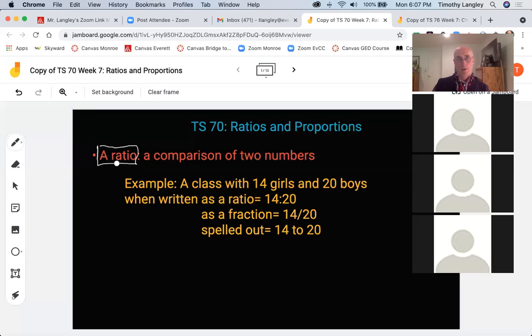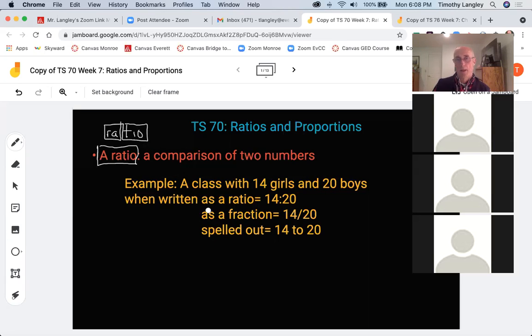You'll notice that it has two syllables in it. It has ray and then show. Those are called syllables because the word is divided into two sounds. And basically it's a comparison of two numbers. Okay, ratio has two syllables to it, and likewise it's a comparison of two numbers. And the reason I mentioned that is, as also an English teacher, I try to always think of word tricks to remember things. So if a class had, for example, 14 girls and 20 boys,